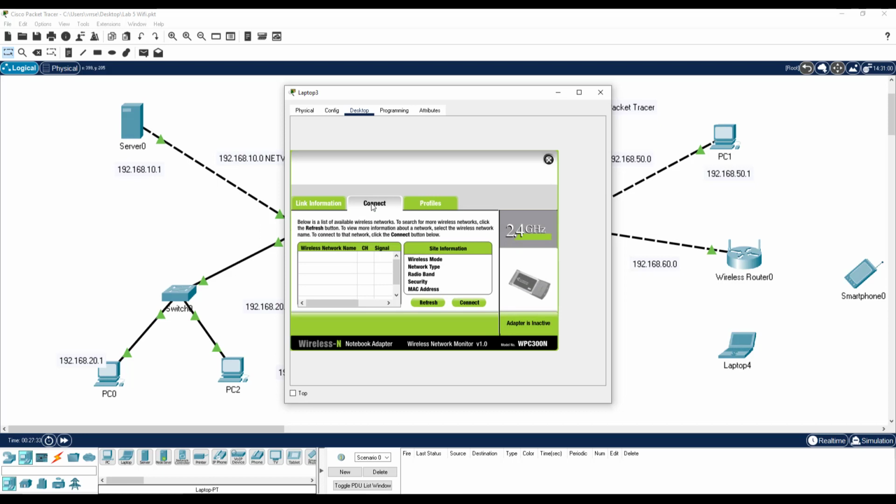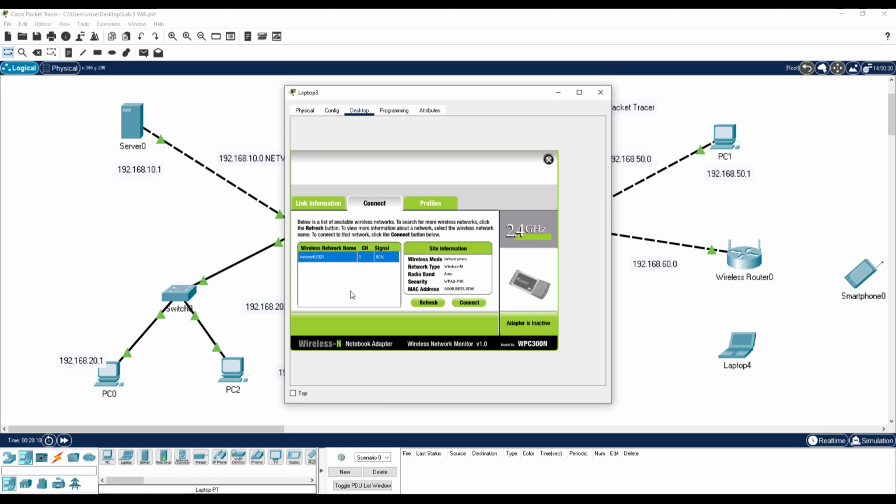In the connect tab, you have to find all your wireless networks. You can see our wireless network is available, network 2021. We are getting 80% signal. So all the networks are shown, and it is showing the network information. It is an infrastructure based wireless N. We are using automatic, WPA2 PSK, and this is the MAC address. So now what you have to do, you have to connect.